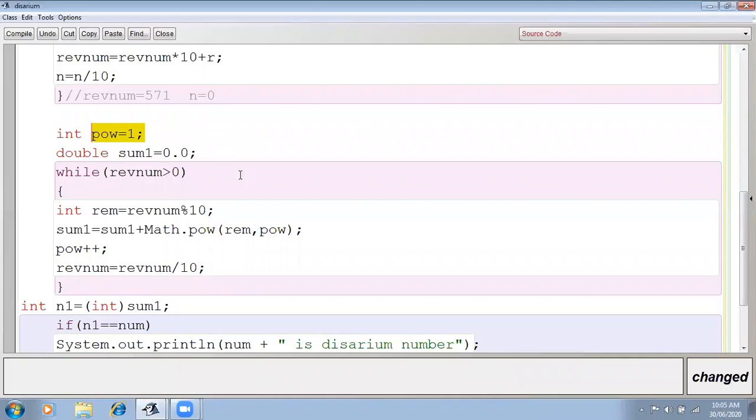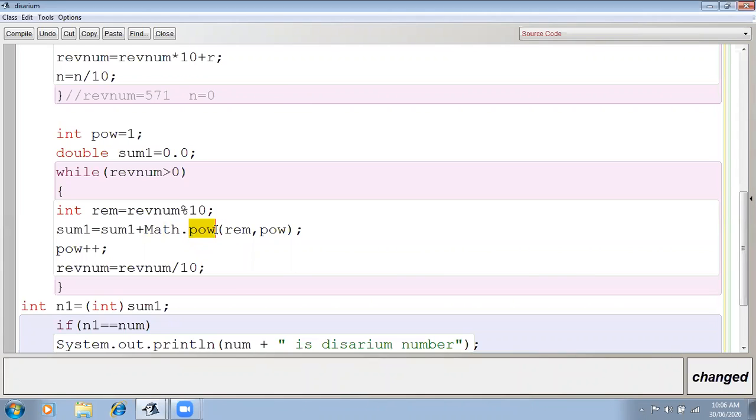Now one thing I also want to explain. Here I'm taking the sum in a double. It is very important. Why am I not taking the sum in an integer? Obviously, if I wanted to, we could take it as an integer, no. But why have I taken a double? Because Math.pow is a predefined method of the Math class, right? So this method is going to return a double data type.